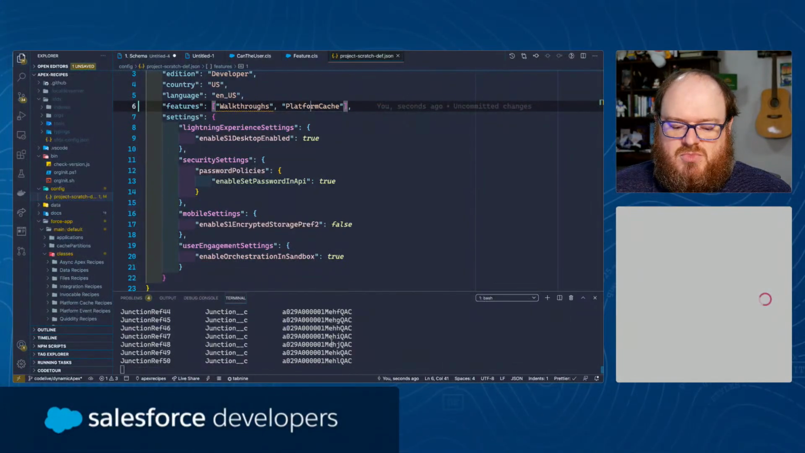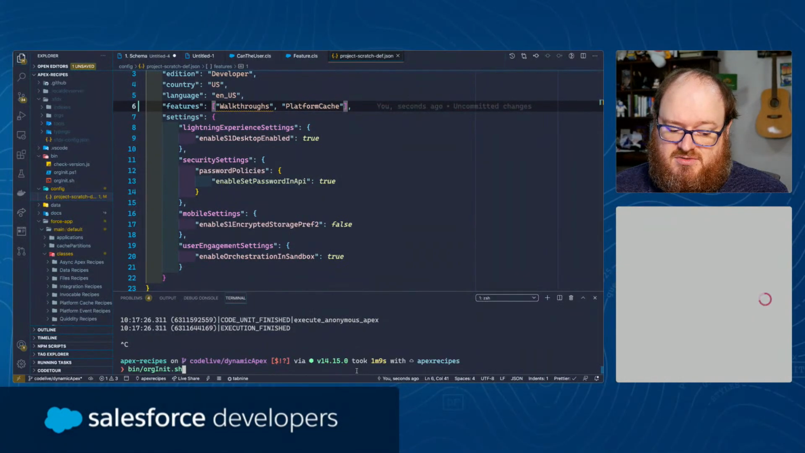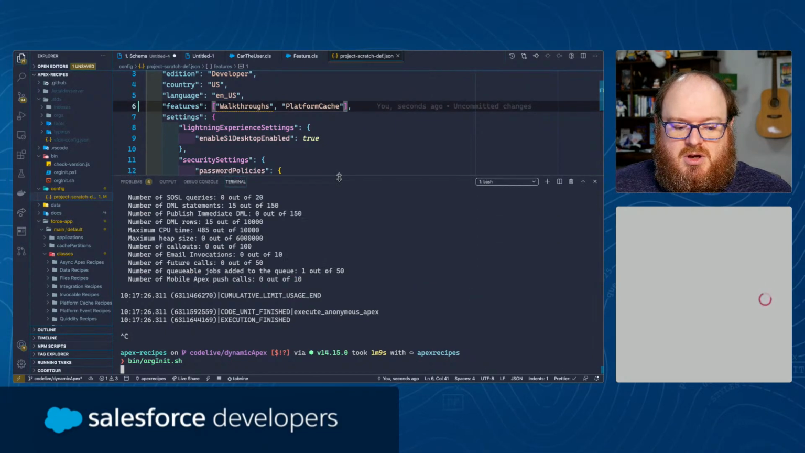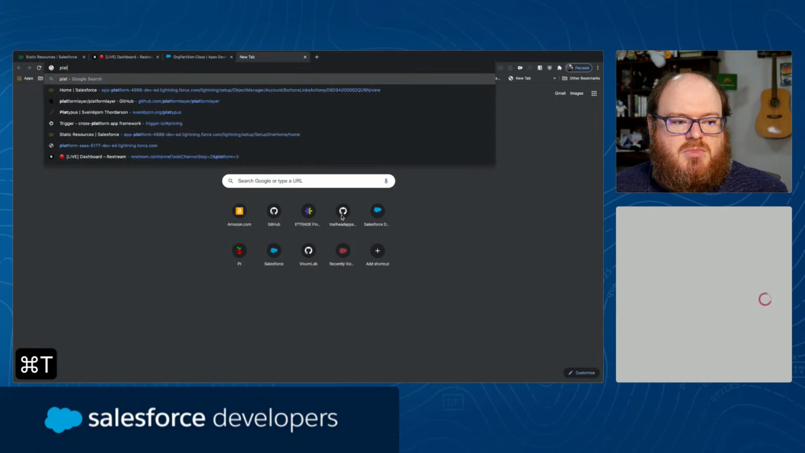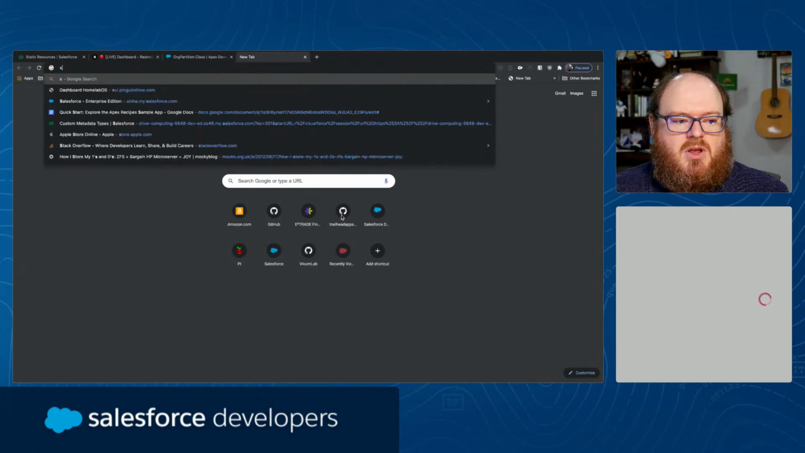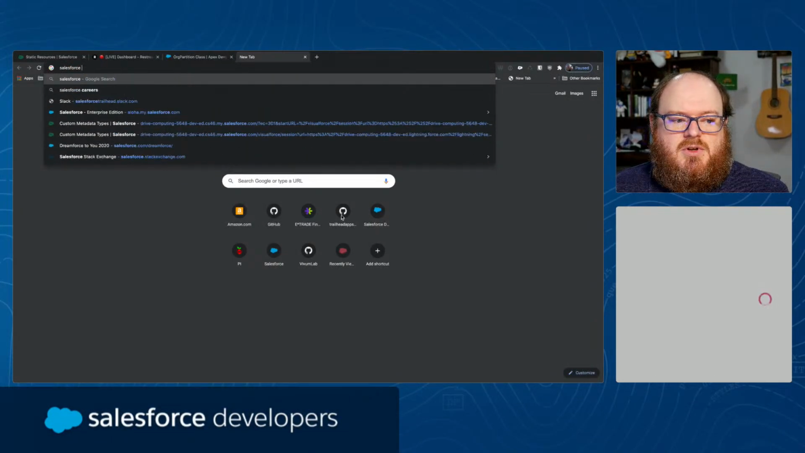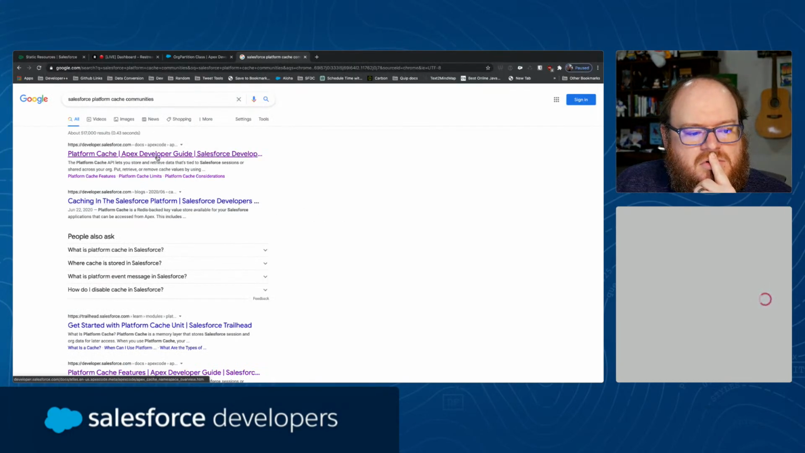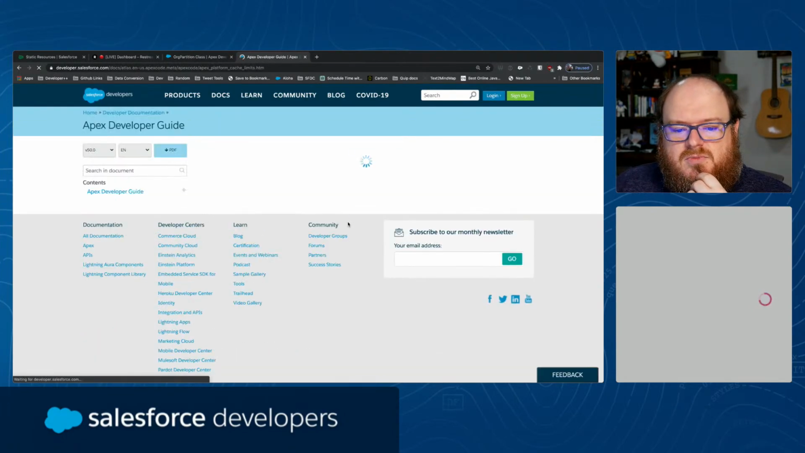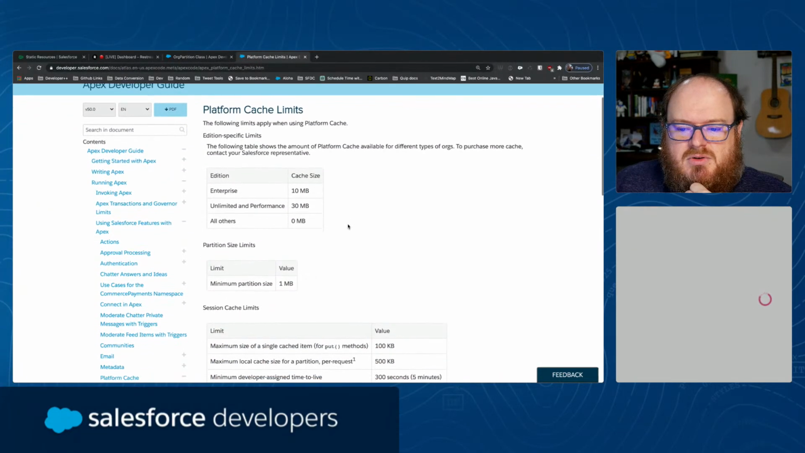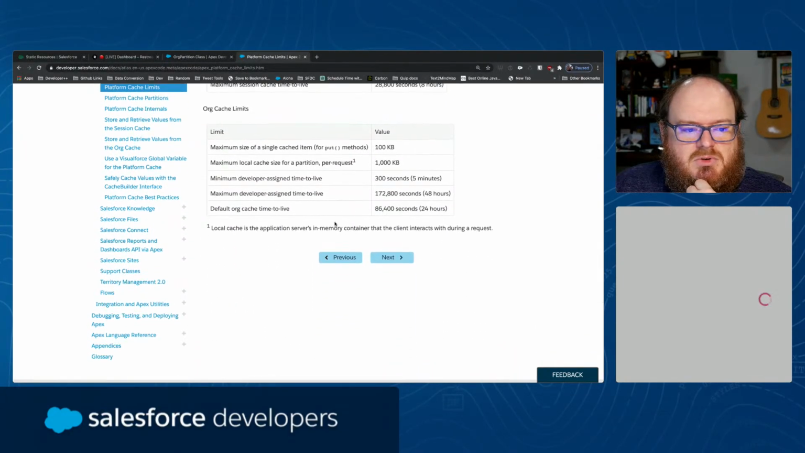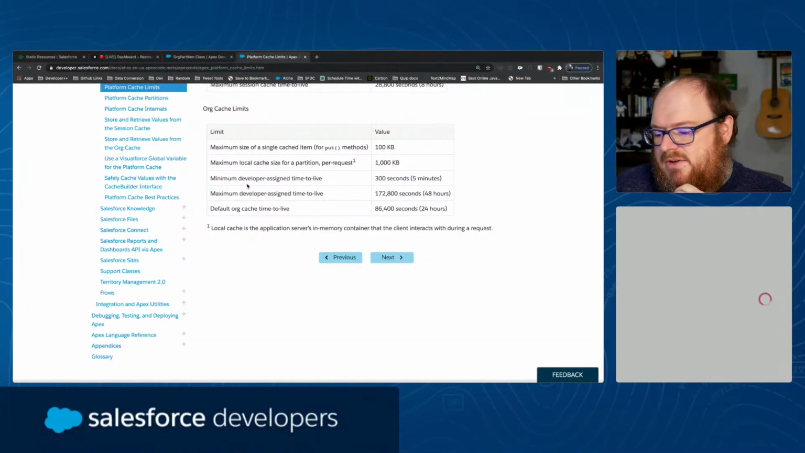Oh, this is still running. Oops. Okay, let's try that again. Org init. While this does its thing, we'll make this a little bit bigger. And we can look at Salesforce platform cache communities. I'm going to look at the limitations here. Platform cache limits. Do org cache. I think it can. I may have to get back to you on that one, SF Nerdy. That's a great question, because I think it can be used in